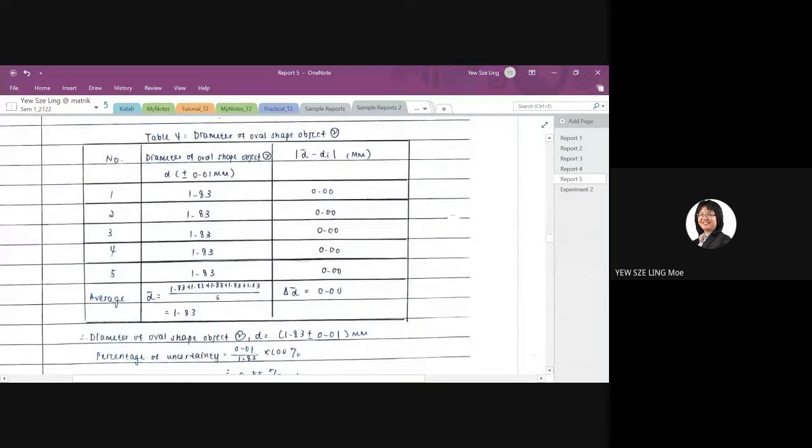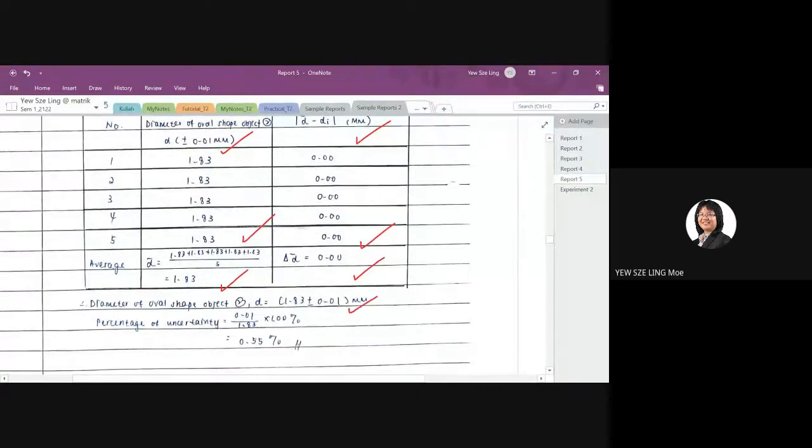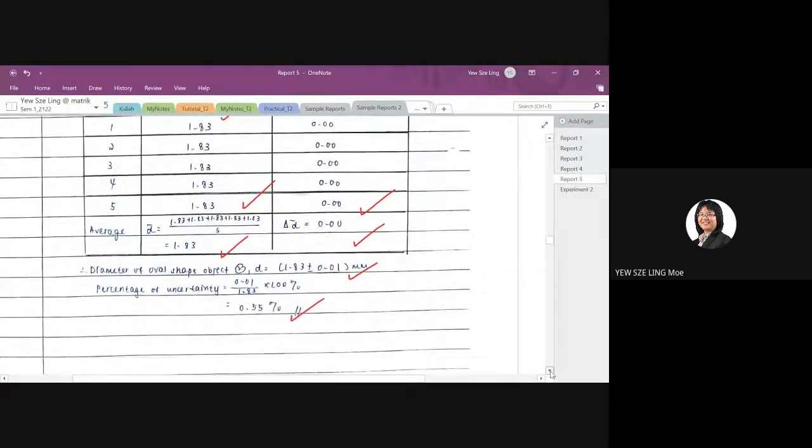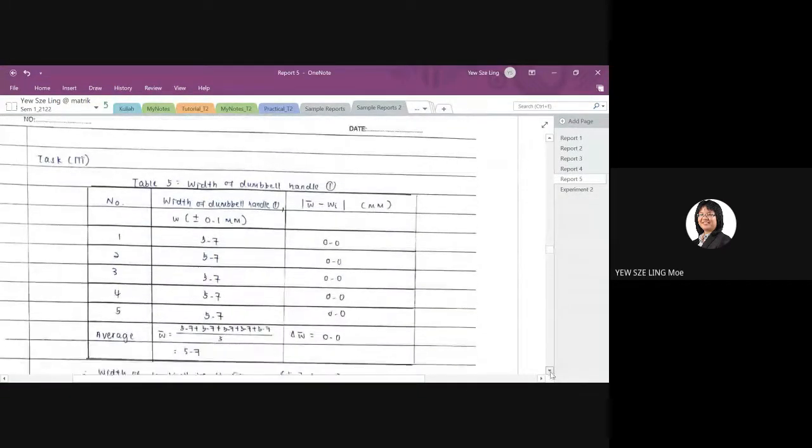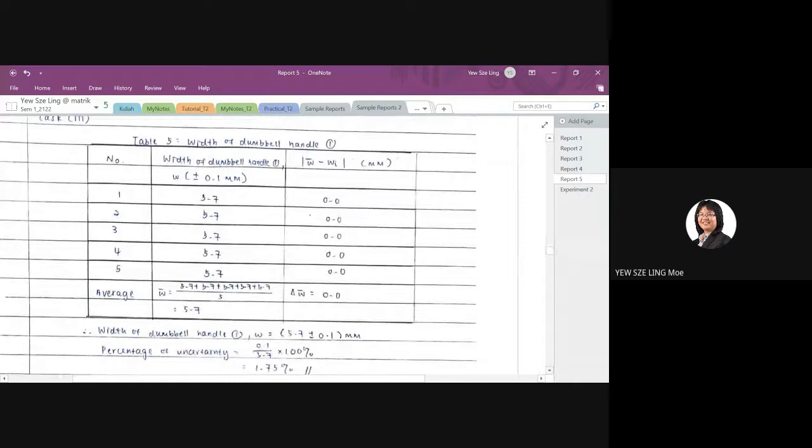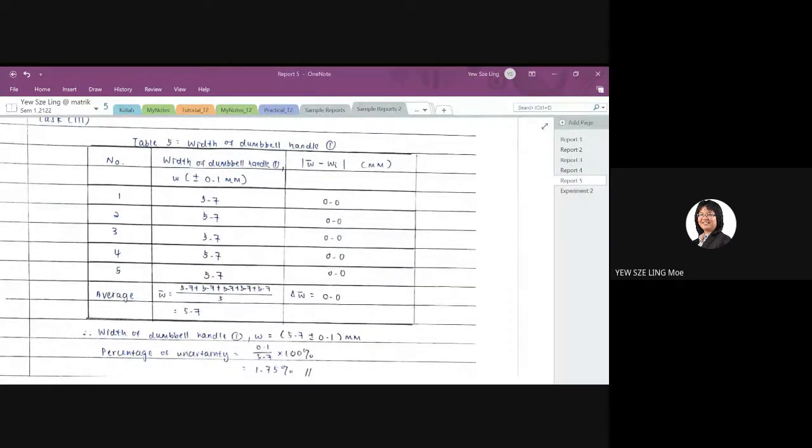So diameters of oval shaped objects again. So correct, correct, correct, correct. All right, very good. Okay, next one. Table 5. So the width of a dumbbell handle. So dumbbell handle. Next, I want to ask